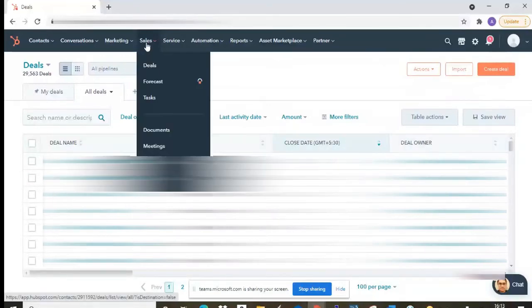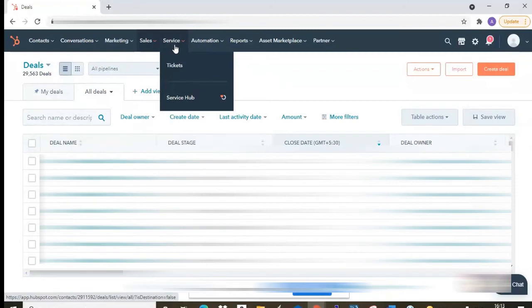Then when I come to sales, here we have forecast, then we have tasks. So what is a task? HubSpot gives us a very good feature of aligning tasks to people. For example, if a lead comes into the system, as I already told you, there is a cycle which goes from lead to deal to closure. There are various teams and people involved who need to be aligned to make that cycle happen. These tasks help us align people for those tasks. Here I can go and align somebody for a specific task, and it will happen automatically through a workflow, which we will be discussing later.